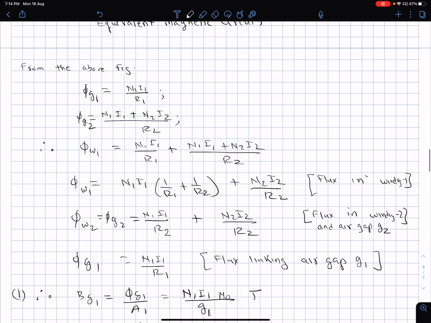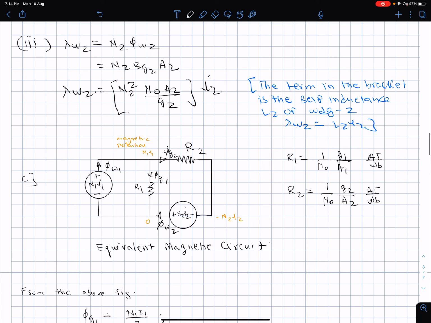We can now go to the last part. What is the last part? The last part is actually the real problem, the generic problem. If you put two windings, you would actually be exciting both the windings, and you have to solve this circuit considering that both these windings are excited.